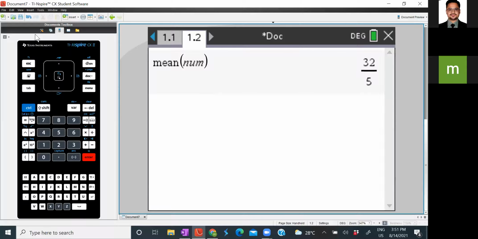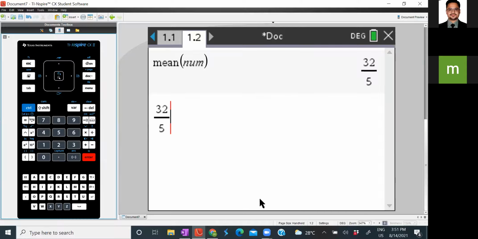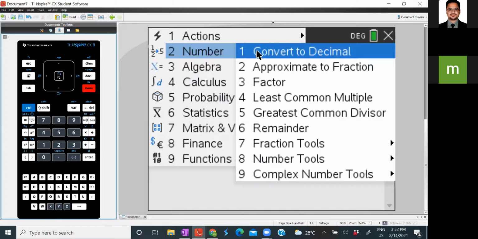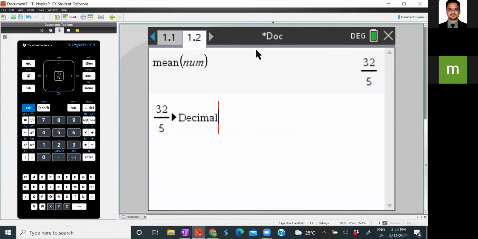Now press on the up button that you see here and press enter. So that means it copies. All right. Now you need to make this a decimal. So go to menu and then number, you see convert to decimal, just click that.